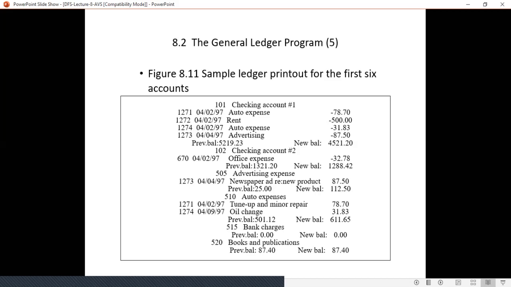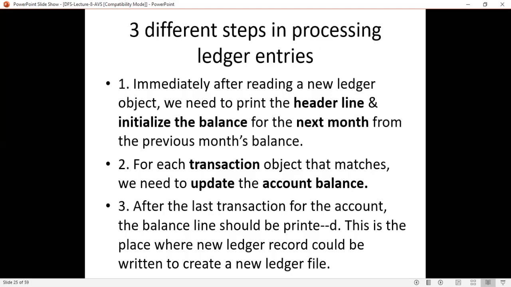This is called the balance line for each account, that is for account 2, account 3, all these accounts. In the similar way, you have a header line followed by the transactions, and then the last, that is the balance line. These things have to be there. This is the place where a new ledger record could be written to create a new ledger file.